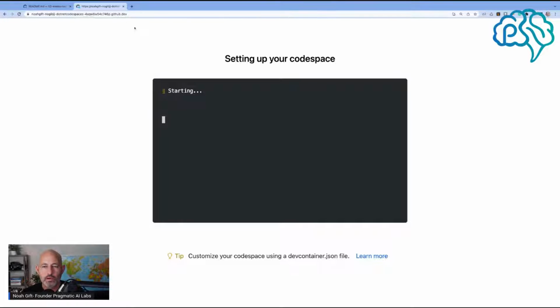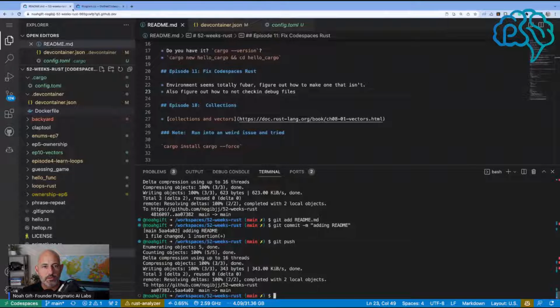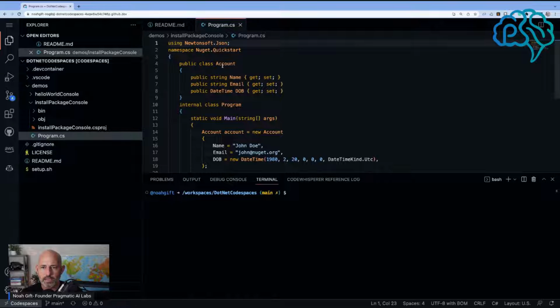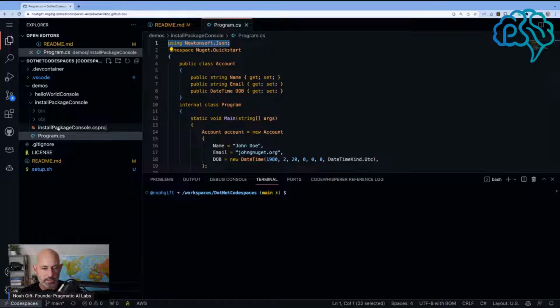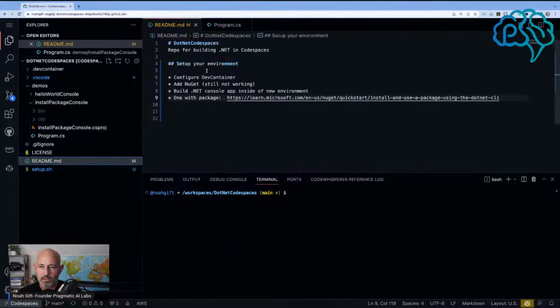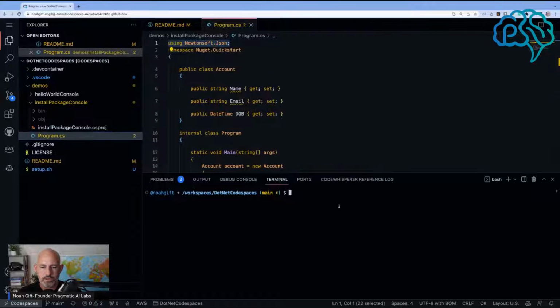I guess while that's waking up, one of the things that will be kind of fun is to think about what other things we could do in this particular environment. Last time I used NuGet, which was awesome, if I remember correctly, we set up an environment, we configured it, and added NuGet. I think I did do this, right? Because if we say .NET program